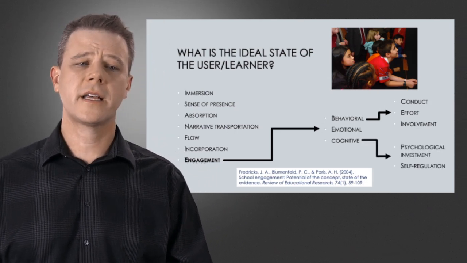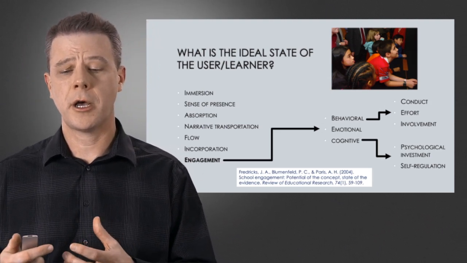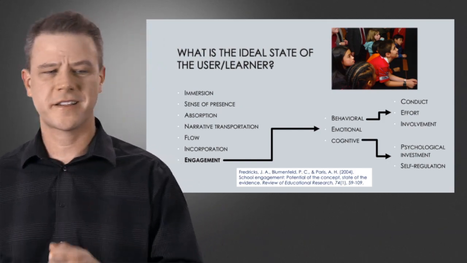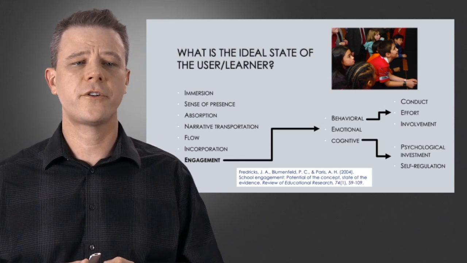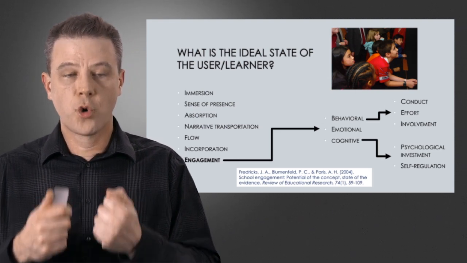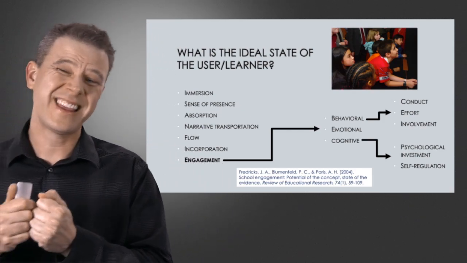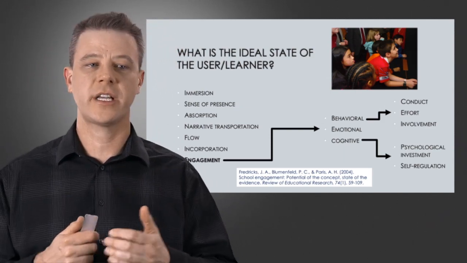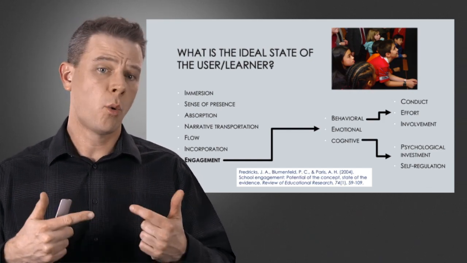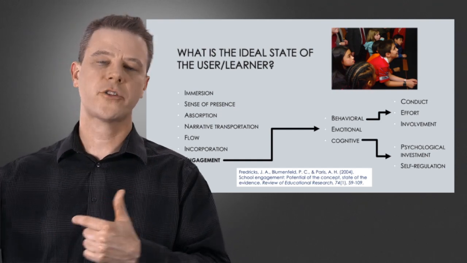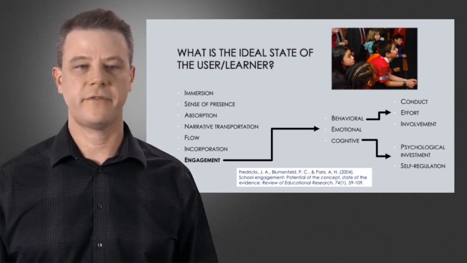The last one is what Fredericks called cognitive engagement, and this is the one that most psychologists, at least historically, it's kind of changing now as emotional psychology grows rapidly, focus on. Cognitive engagement refers to this agreement to go in and try to solve problems and try to invest time in understanding and thinking and reflecting. So that gets to self-regulation, these self-regulated skills. When kids start to monitor their own understanding, when they're confused and they know it, and they take steps to resolve or reconcile their confusion, these are very good indicators of cognitive engagement.